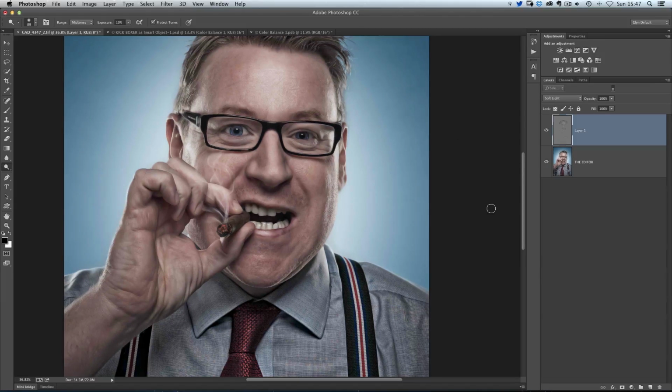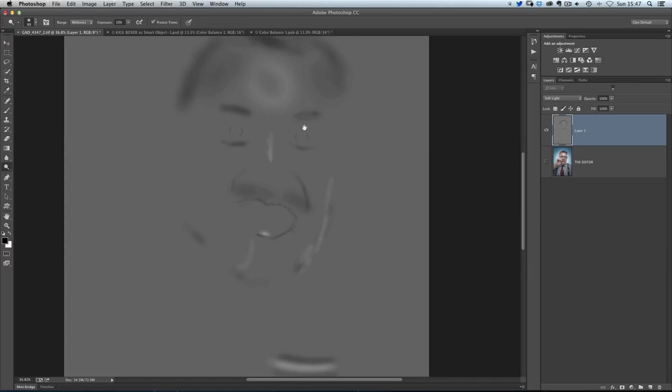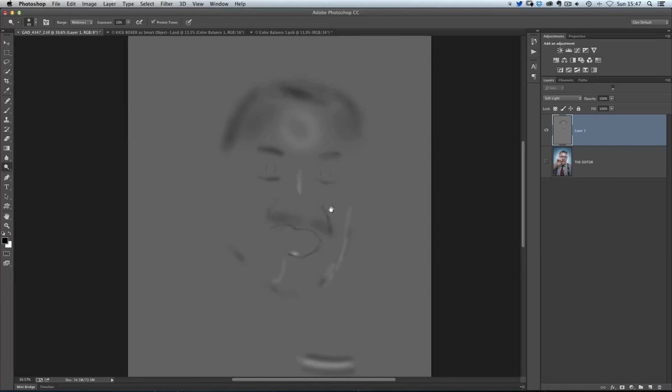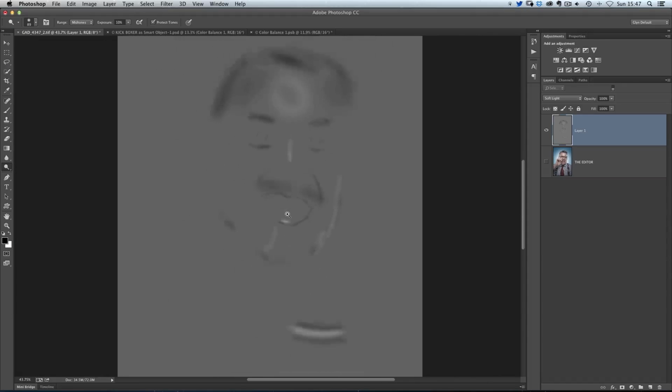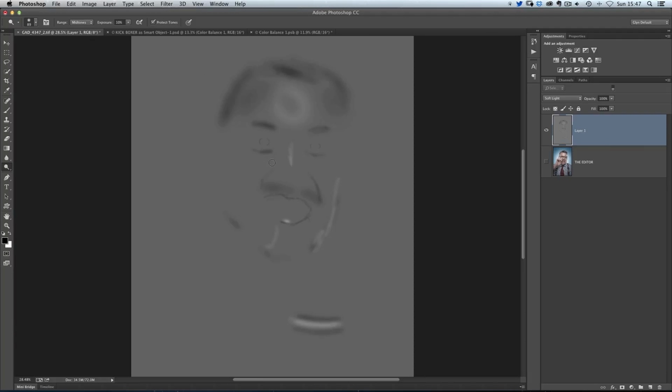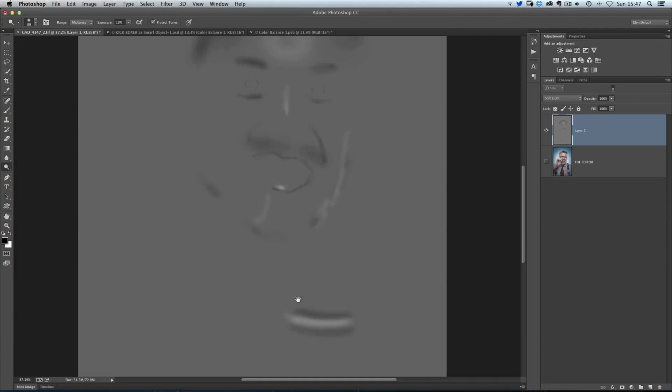Well, this is the advantage. Let's just turn off the background layer now so we can just see what we've done. So this is the result of our dodging and burning. Now the great thing here is, if I wanted to, say, blend in these areas just a little bit better,